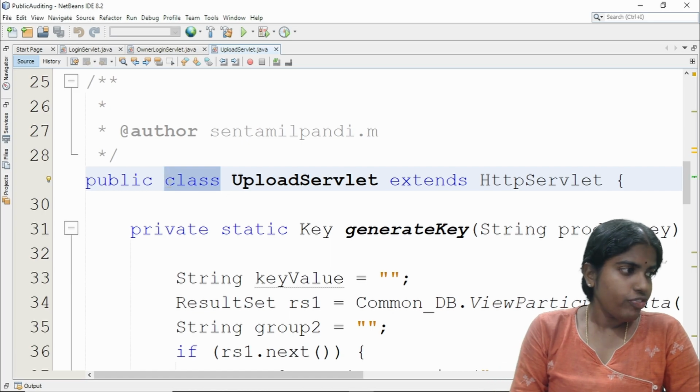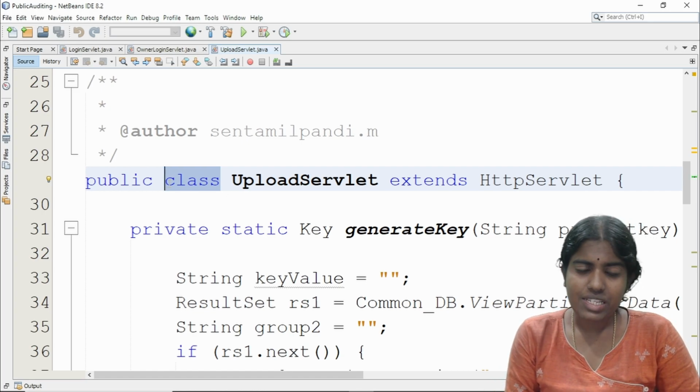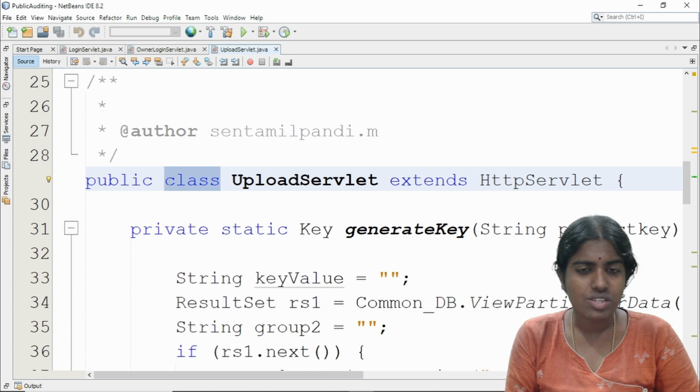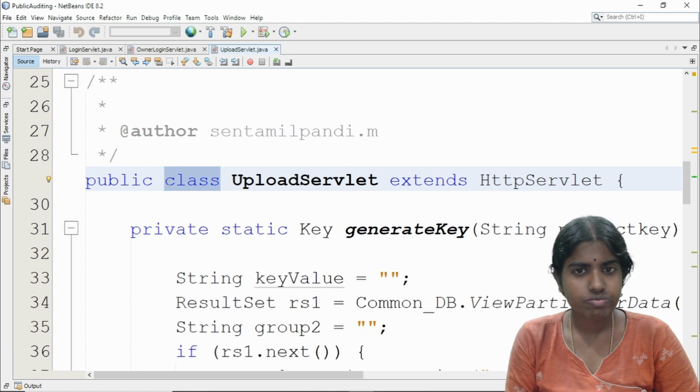Whenever I want to define any new class, I use the class keyword followed by the name of the class. I'm defining a class called UploadServlet, extending HttpServlet with the public access modifier.